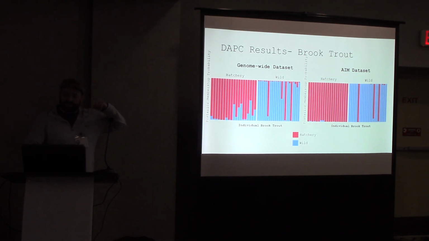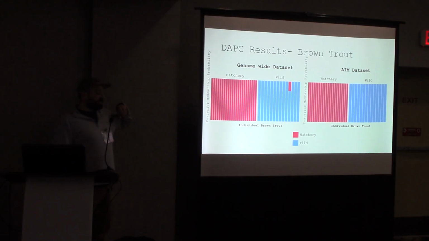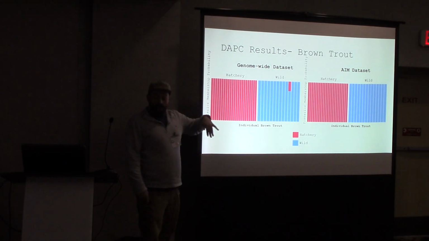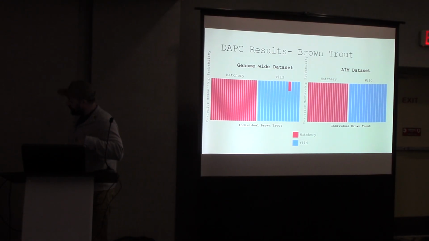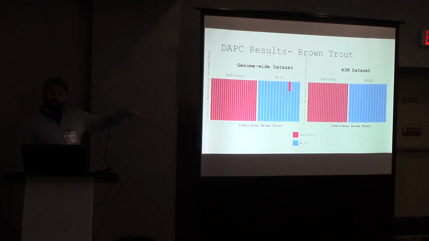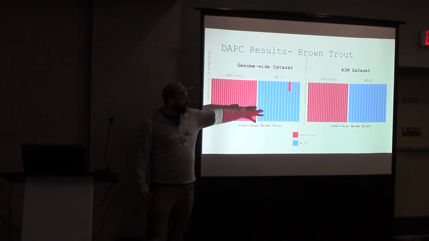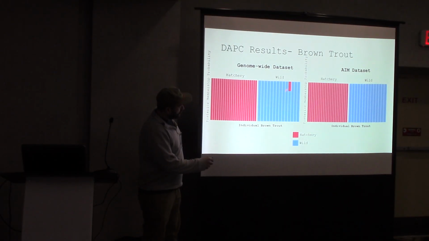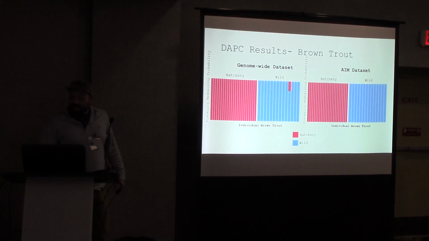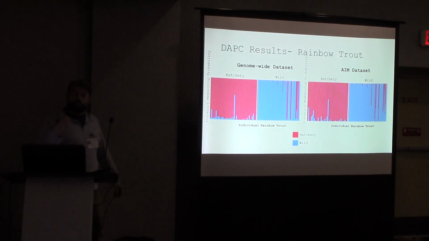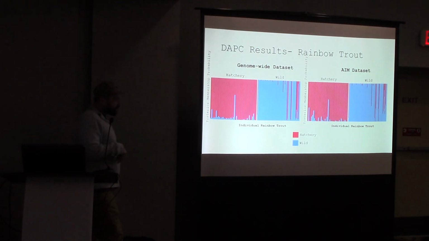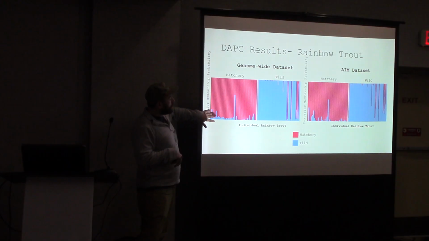And this holds true for brown trout, which is even more stark and strong, right? Almost all individuals have posterior membership probability of near 1 to their population of origin, except for this one individual right there. Now for rainbow trout, we see more variability similar to the brook trout, where most individuals,